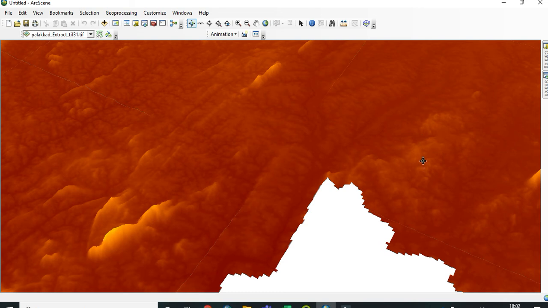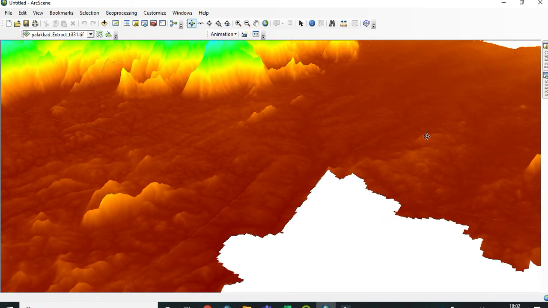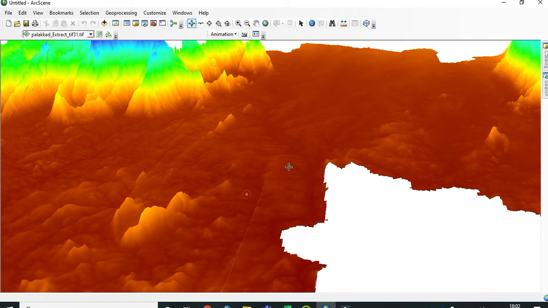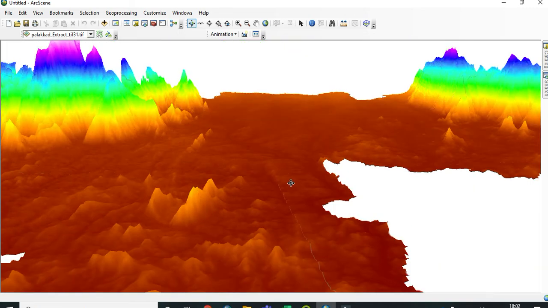study, and if you go to start a new project or new land study, we can do all of this with the help of 3D mapping of any area, not only Palakkad or any particular place. If you have the image or the geospatial data, you can study the land, then you can plan, and you can get your analysis, and you can do decision making based on these maps.